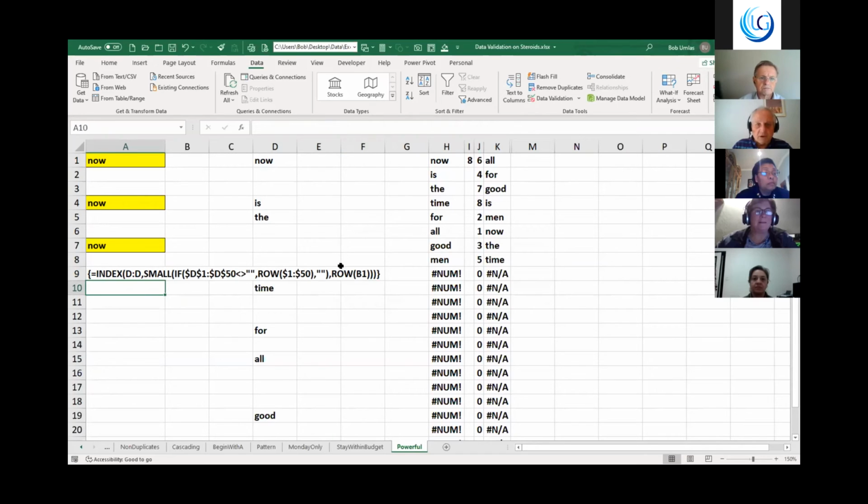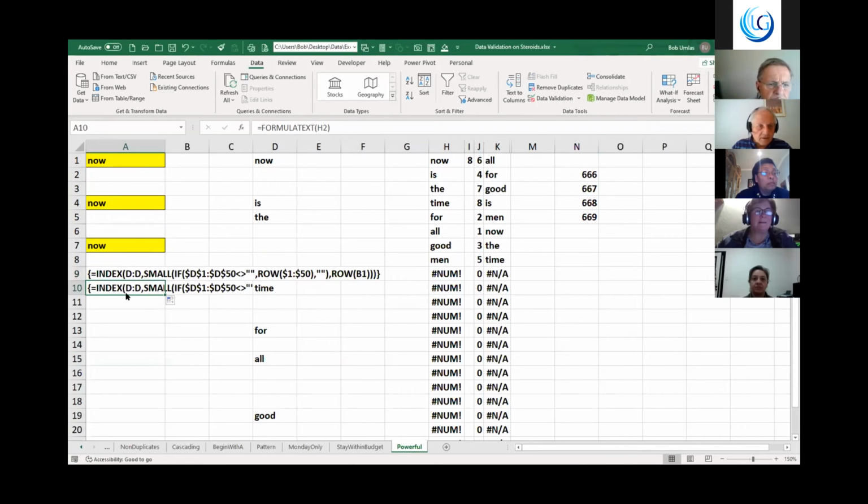Let's start with the easiest, the row of B1. What row is cell B1 in? Well, obviously it's in row 1. What row is cell B666 in? It's 666. What row is XX666? Well, it's in the same row, 666. The thing about that is, when I fill it down, XX666 becomes XX667, so I get a bunch of row numbers. So the row of B1 in cell H1, when I fill it down,